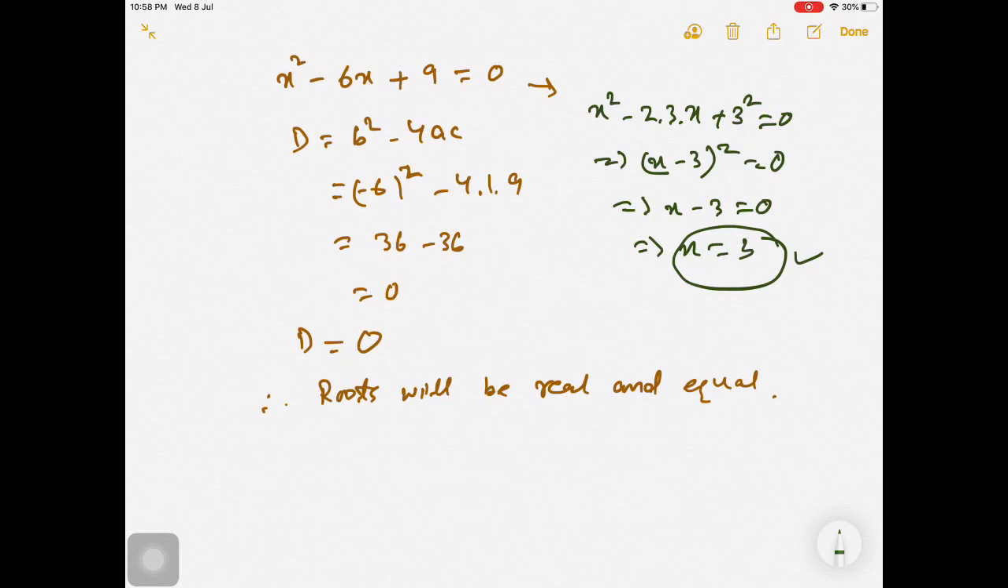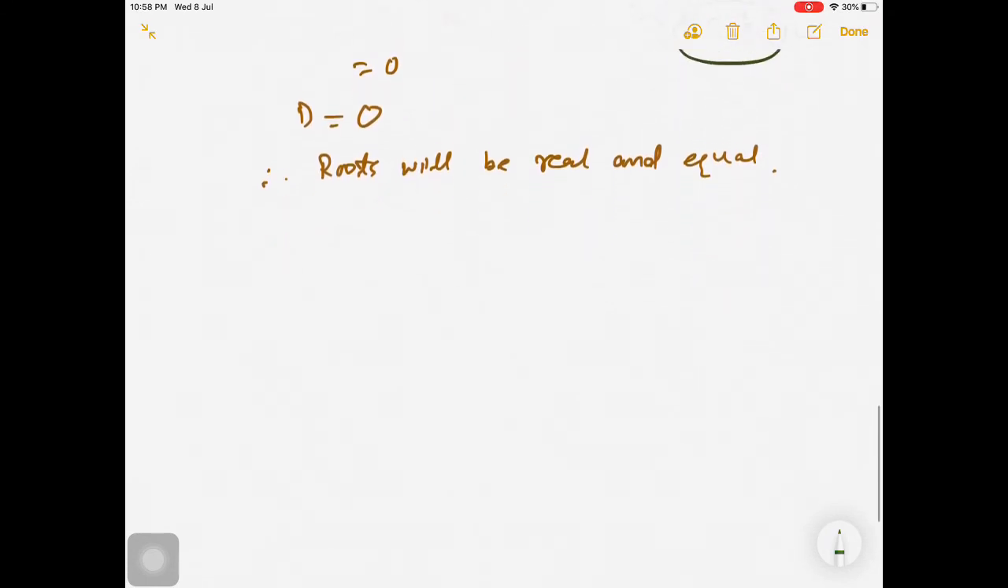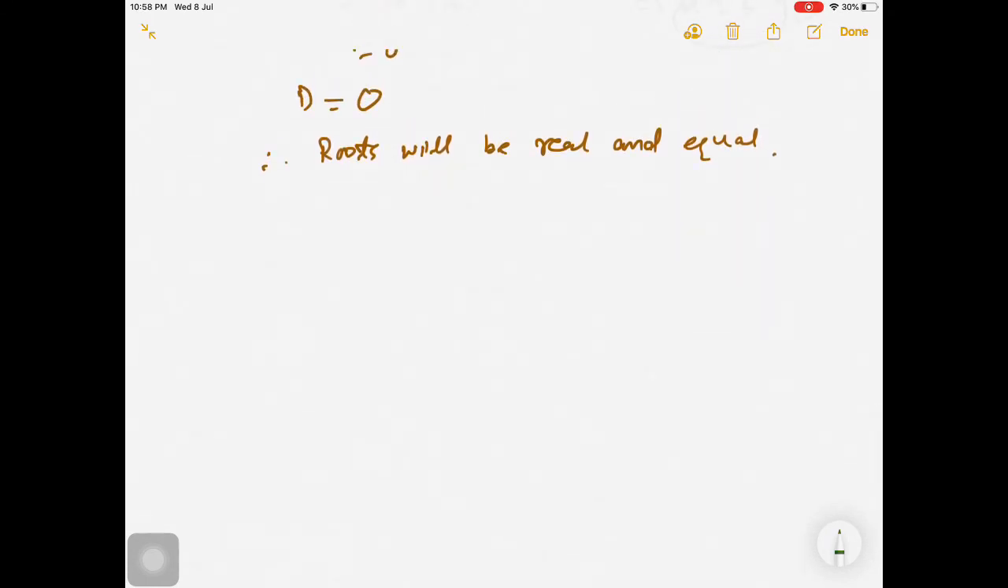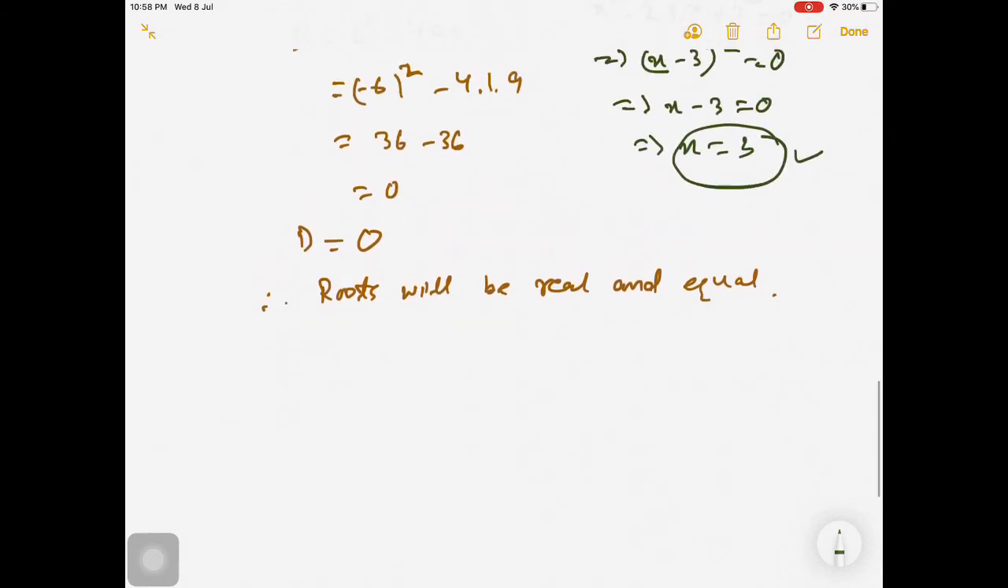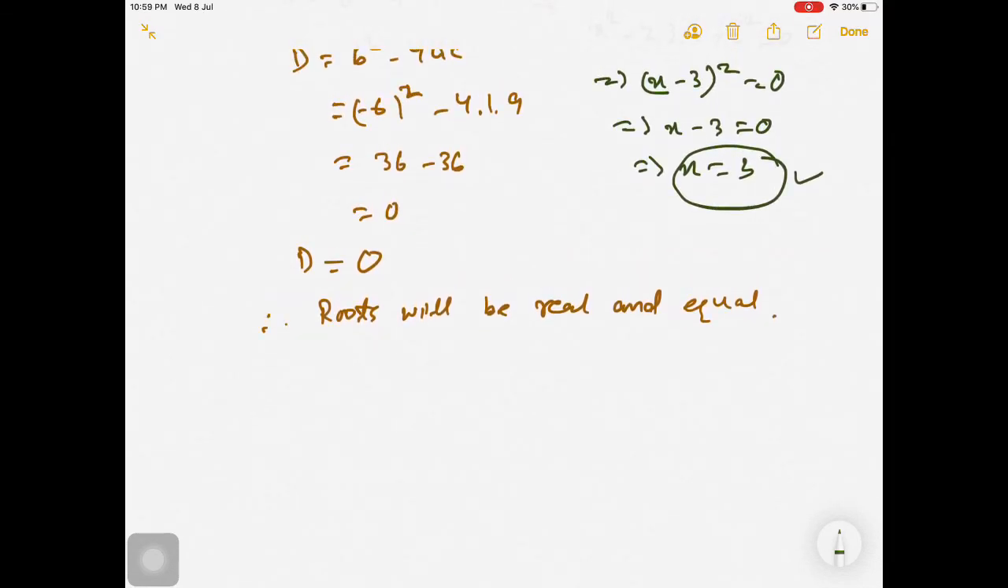So I think you have learned how to find the nature of roots. So thank you. We shall meet